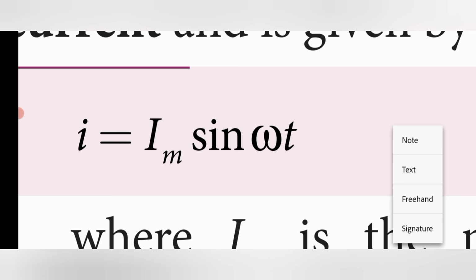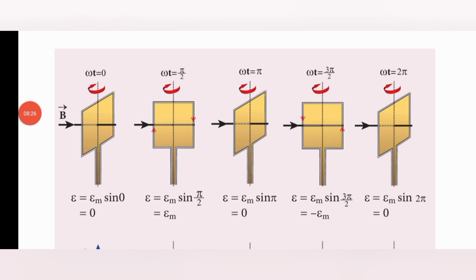The same equation can be written in current form. So this is the induced current value here. When the induced EMF is produced, the induced current is automatically produced as well. So here Im is the maximum value of the induced current. Now let's see this sinusoidal wave, produced because of the rotation of the rectangular coil, which is why the induced EMF is produced.